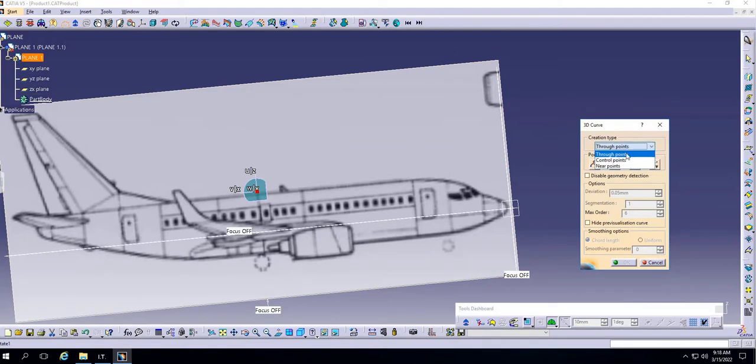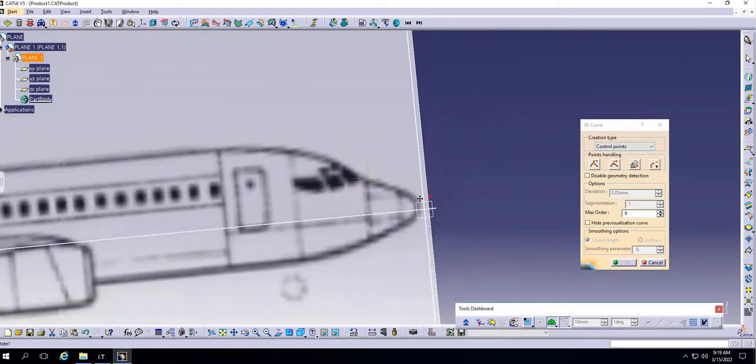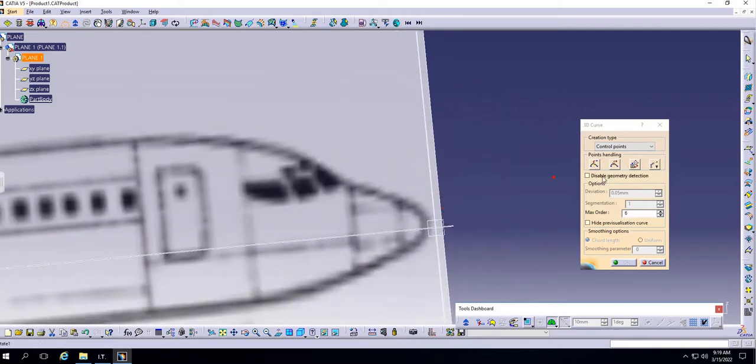Instead of through point, use control point. And this is really important. If you already have pre-existing checked out or disable geometry detection, turn it off. Choose the first point. I'm going to show you what the difference is. Let's say if I have it turned on, it won't recognize a point. But if I already have it turned off, you see, it will try to snap to a point